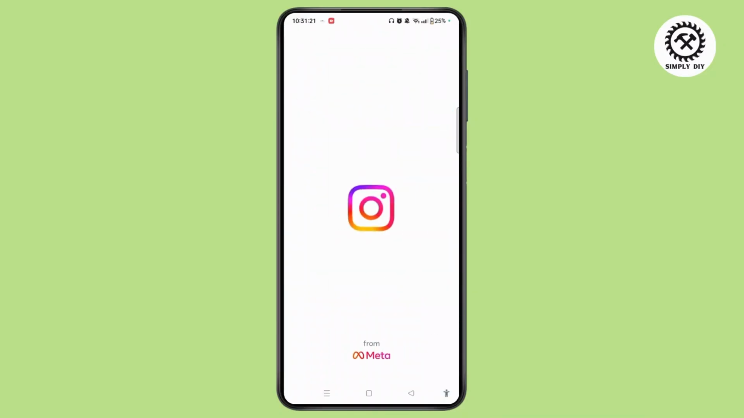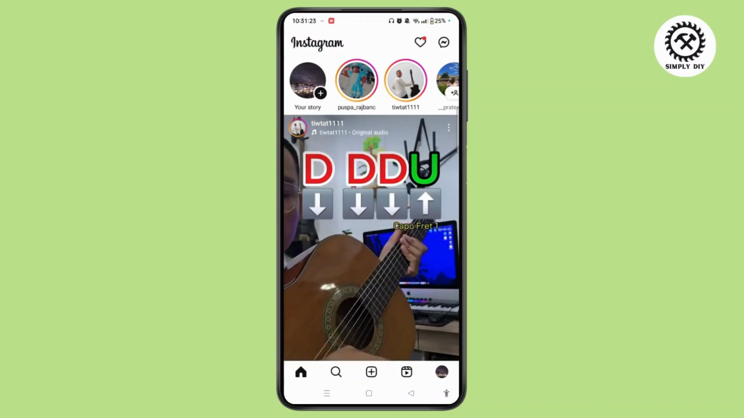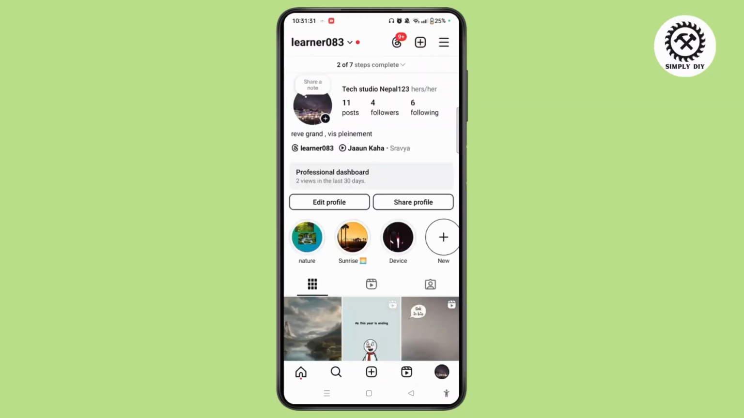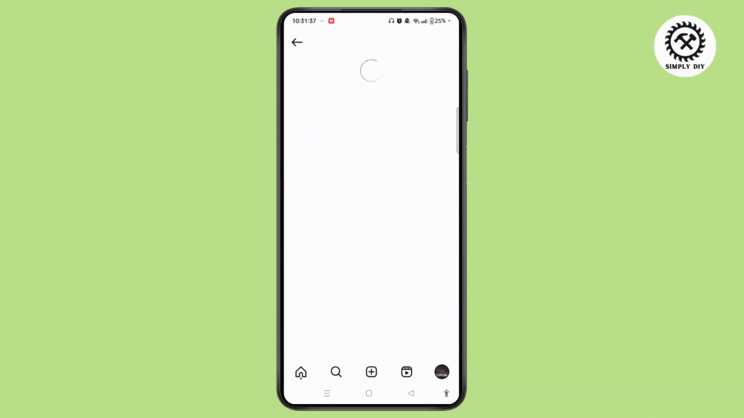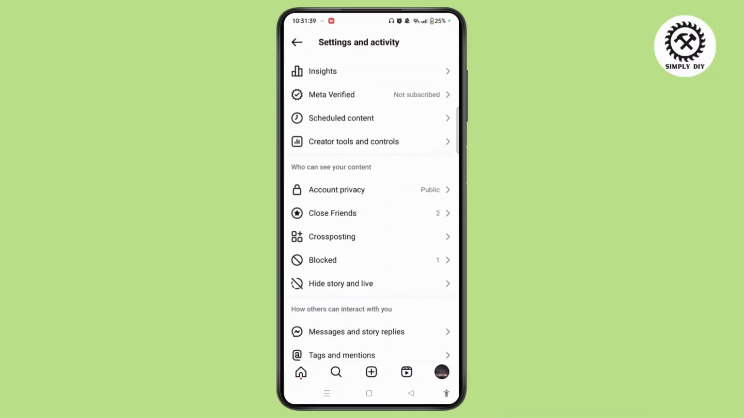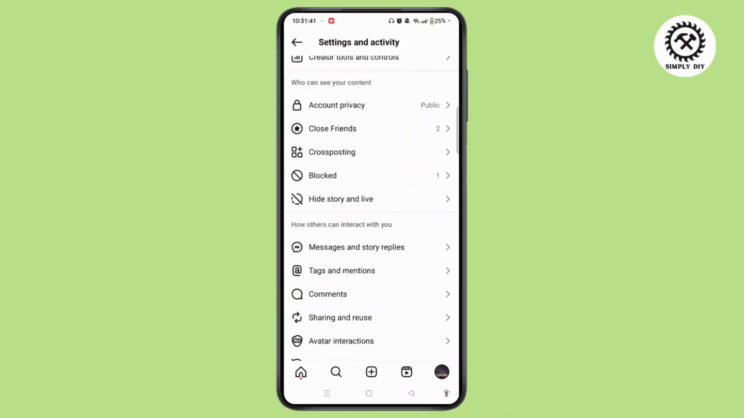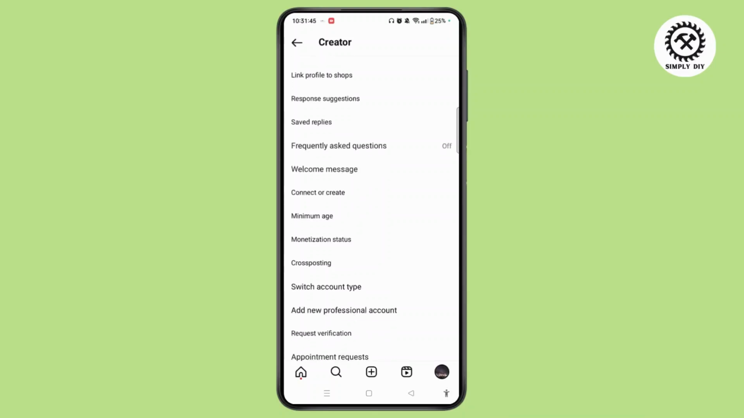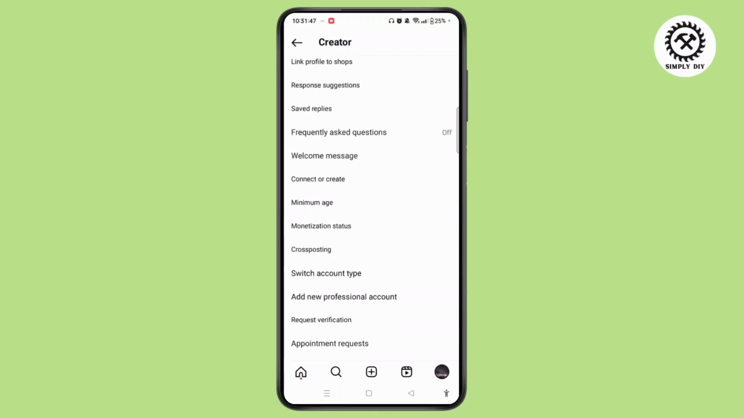Tap open and access Instagram. Head towards the profile icon at the bottom right. And now, you simply need to try switching to a professional or business account. Simply head towards the three-line icon at the top right, scroll down, and you will see Creator Tools and Controls, where you can see switch to professional account as well, or if you have already, you can add a new professional